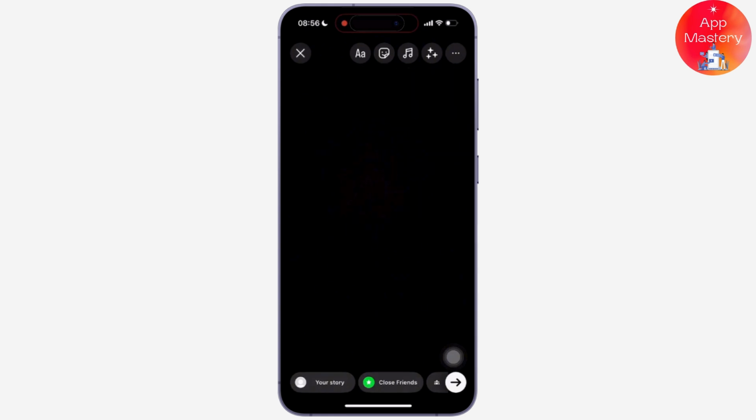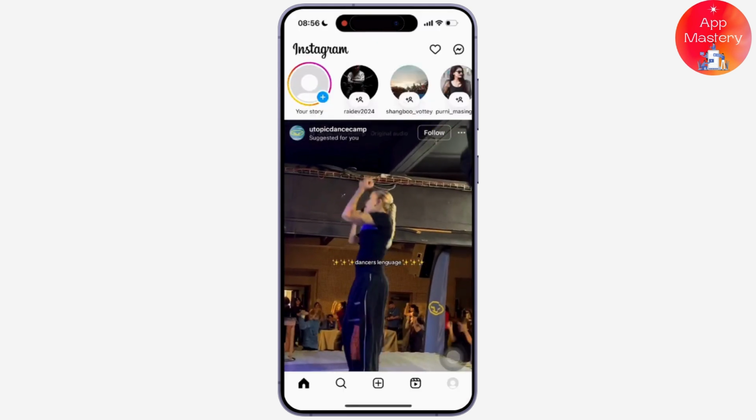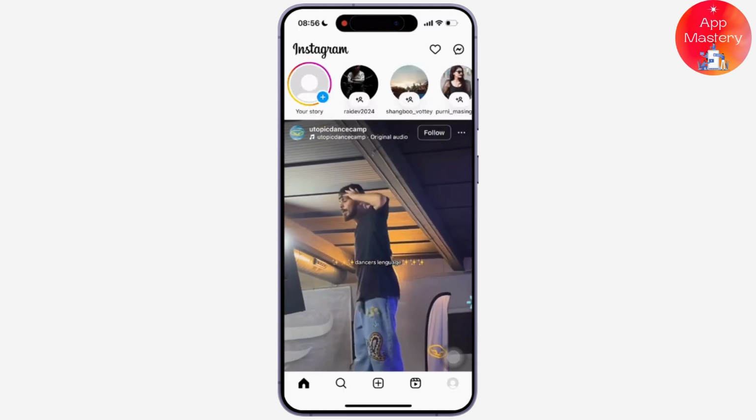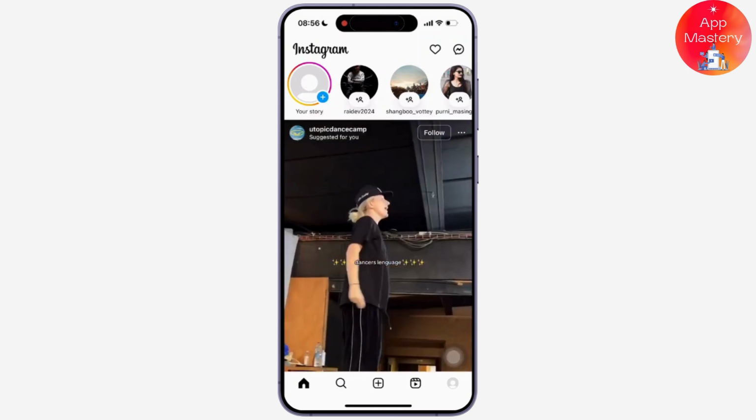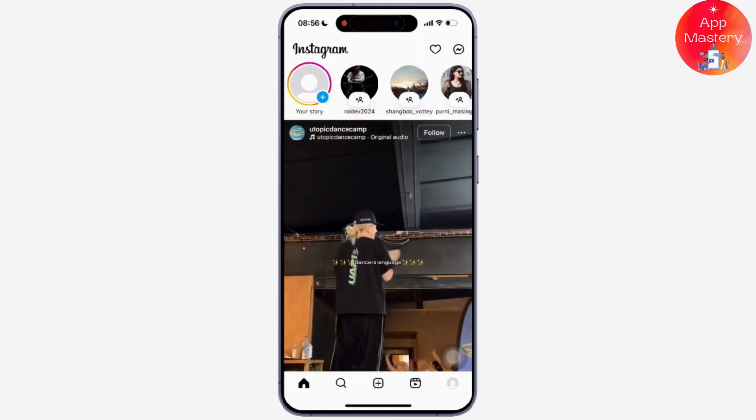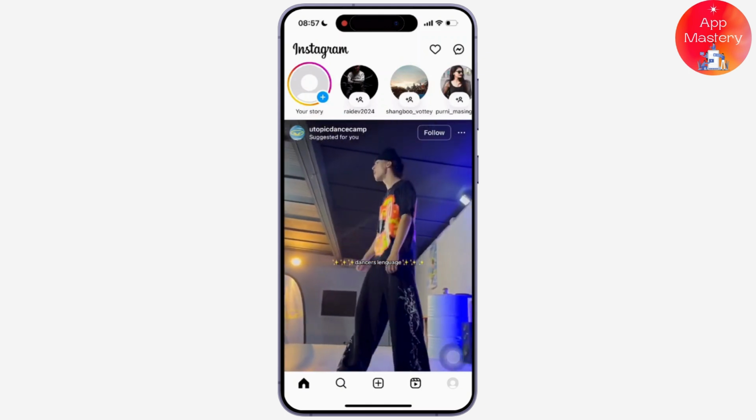Now all you have to do is tap on the Your Story option available there and post it on your story. Once you post it on your story, simply wait for a few seconds for your story to be completely posted. Now, once done, tap on your story, go to the story you have just posted,